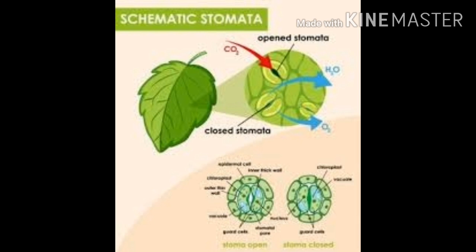Stomata are small openings present under the leaves. We can see stomata with the help of a microscope. Gas exchange in leaves also happens through the stomata. So children, what are the functions of a leaf? Yes, photosynthesis and transpiration. Now you all know what is photosynthesis and what is transpiration. Okay.